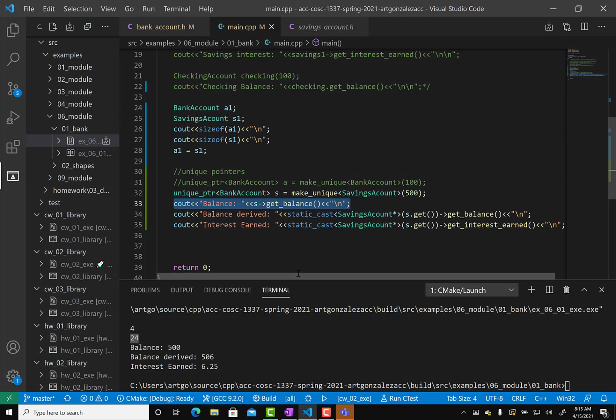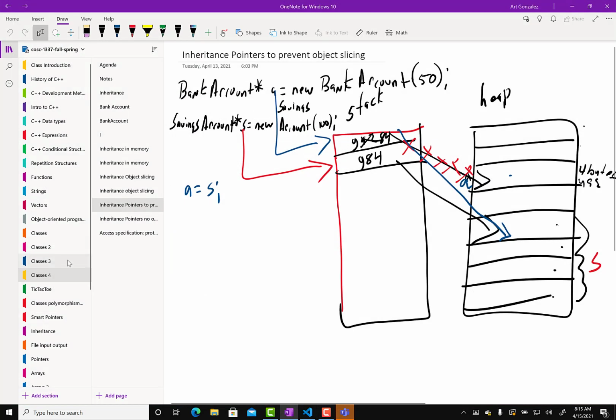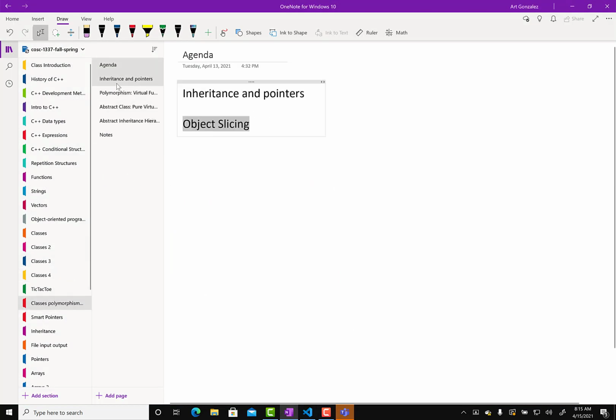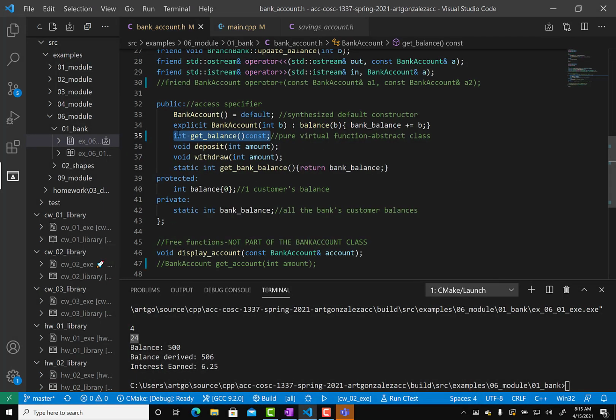Okay, so let me now continue with what we were doing over here. What if we want C++ to default to this piece? Okay, so let me remove that code. That's where virtual functions come in, right? And that's our next topic. So virtual functions will help us tell C++, hey,